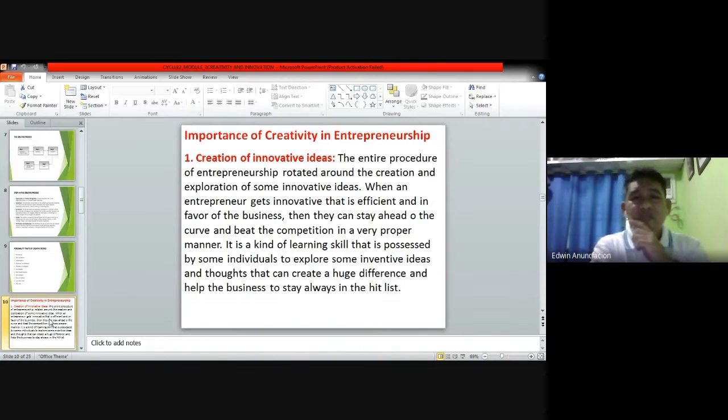The entire procedures of entrepreneurship rotated around the creation and exploration of some innovative ideas. Di ba? When an entrepreneur gets an innovative idea that is efficient and in favor of the business, they can say, stay ahead on the curve or beat the competition in very proper manner. Kasi nga po,